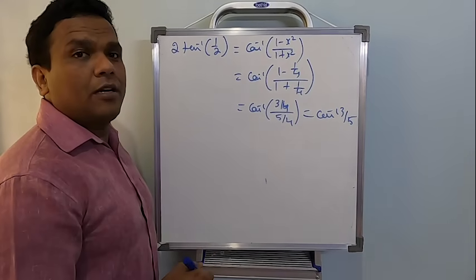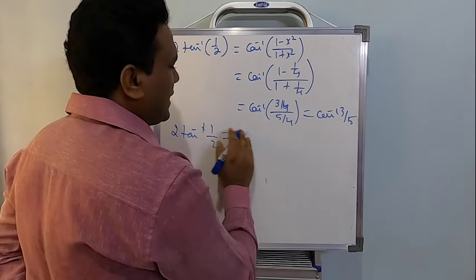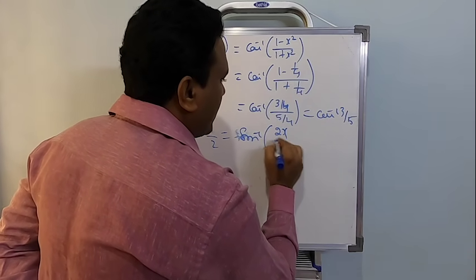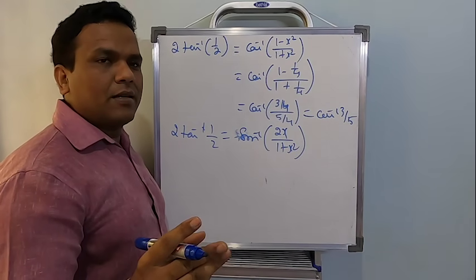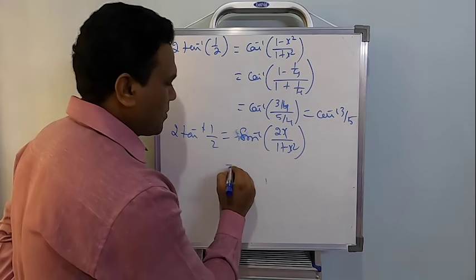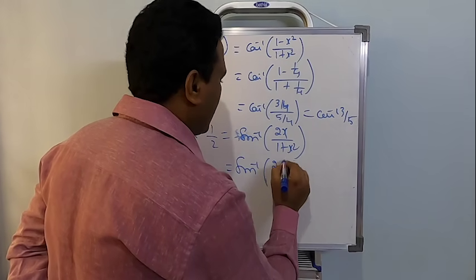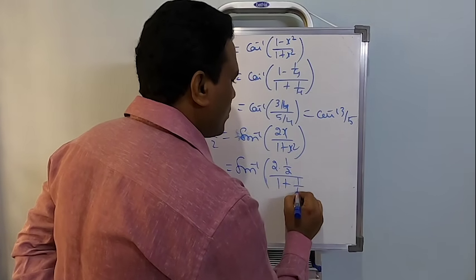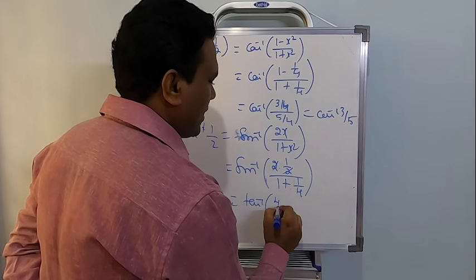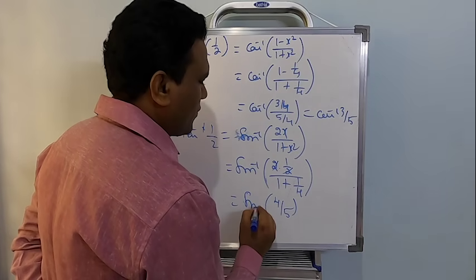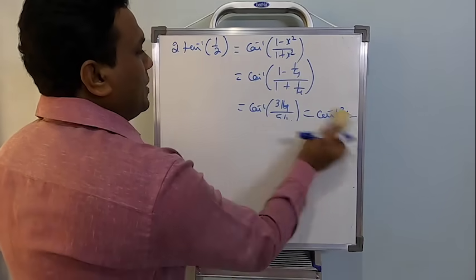Now the same thing should be converted in terms of sin inverse. So 2 tan inverse 1 by 2 equals sin inverse of 2x by 1 plus x square. For the same 2 tan inverse we have 3 formulas. I have given you a derivation yesterday. So just remember, depending on the situation or the occasion, we will just select the suitable formula. So 2 multiplied by 1 by 2, over 1 plus 1 by 4. So let us simplify it further now. So this gets eliminated, and this will be sin inverse of 4 by 5. That's how it should be done. So that was the first problem.